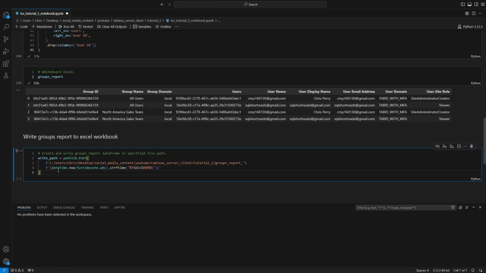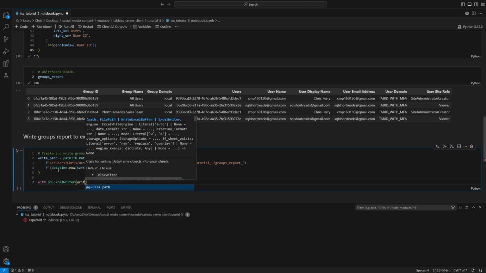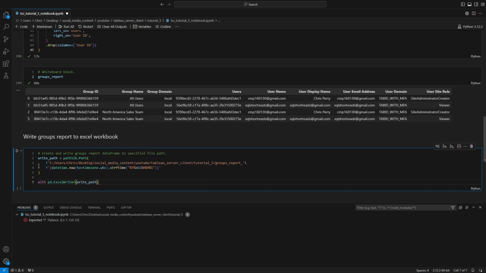Okay, so we've created the path object. That obviously does nothing. It just says, hey, here's a path object. I want to eventually write something to that place on this file system, right? So I'm going to say with pd.ExcelWriter, and then write_path. Where am I going to write this to? I'm going to write it to the path which I've created up here, and I'm going to say as writer,